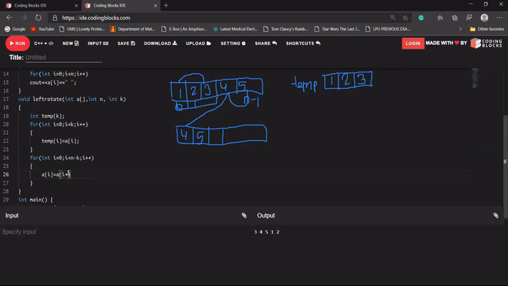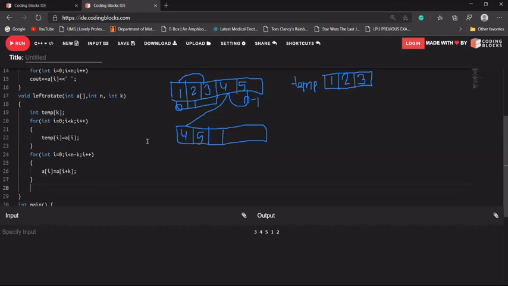So we perform a of i is equal to a of i plus k: a of 0 will be a of 3, a of 1 will be a of 4. I think it is clear with everyone. So we have got our array something like this. At these positions some values will be there, and we'll replace them with the values 1, 2, 3.